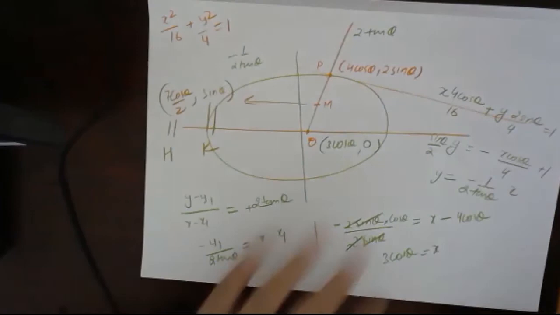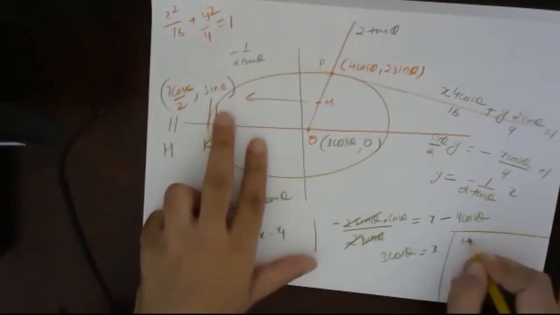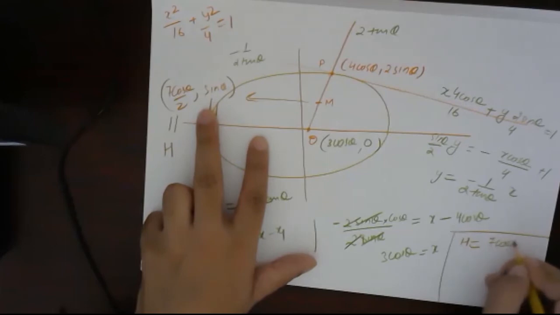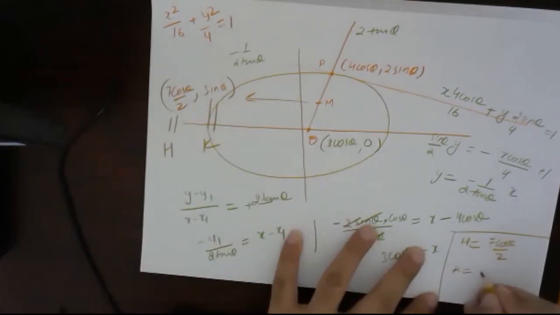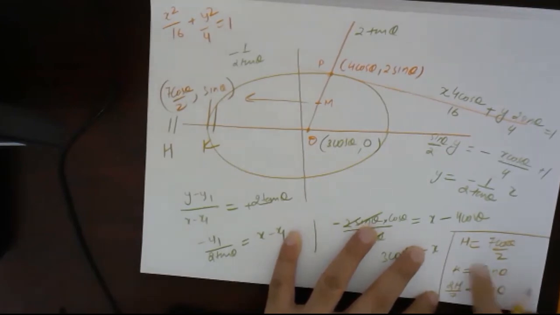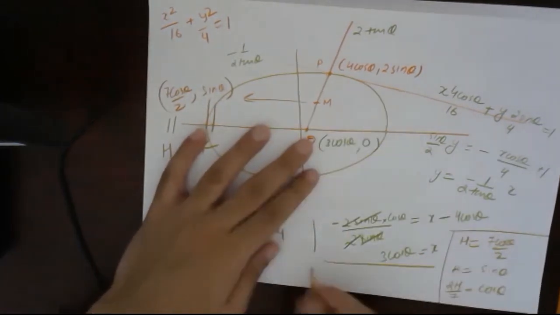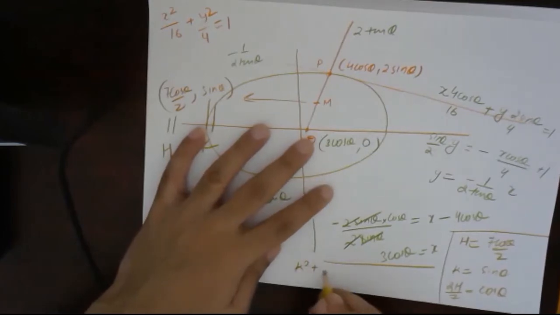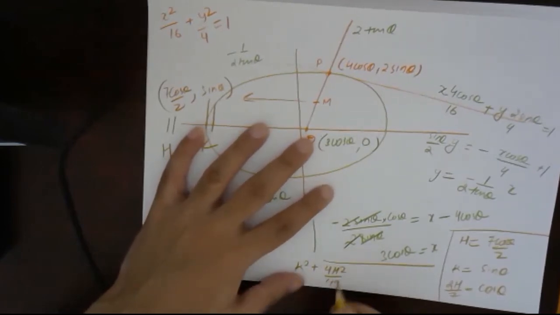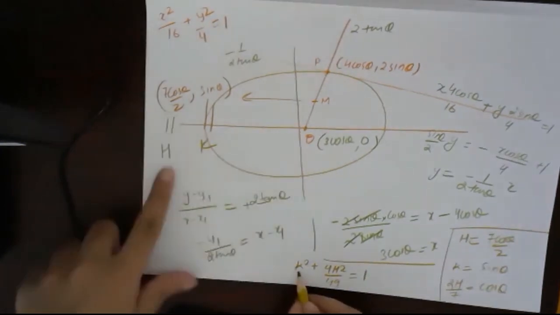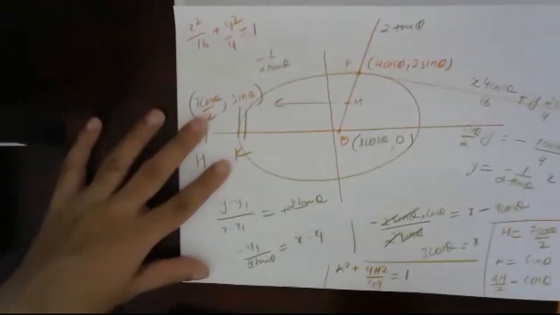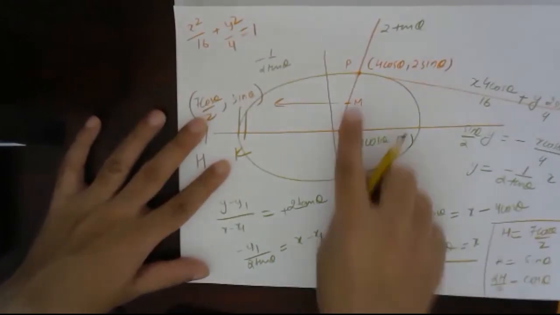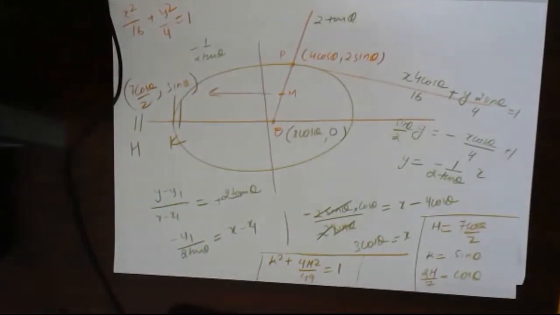So just check it here. So I will just simply write down. So h is equals to 7 cos theta by 2 and k is equals to sin theta. So if I cross multiply, you will get 2h by 7 is equals to cos theta. If you square and add, you will get k square plus 4h square by 49 is equals to 1. K is y and h is x. So understood? So this is the locus of M. Okay, just check till this part.